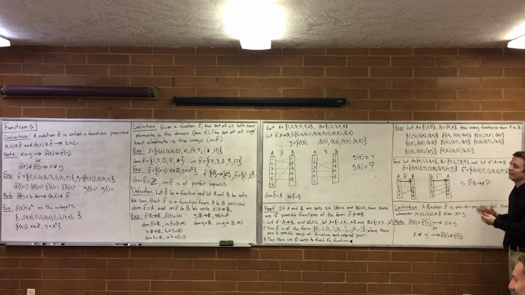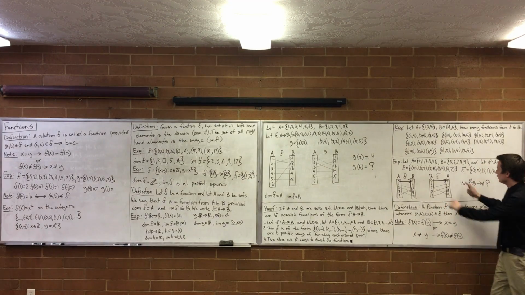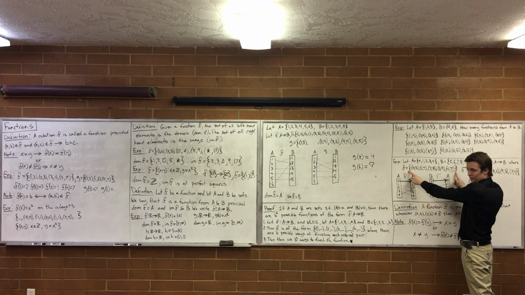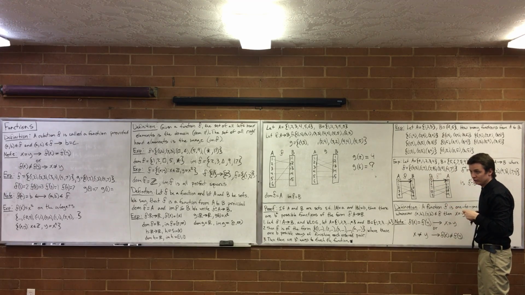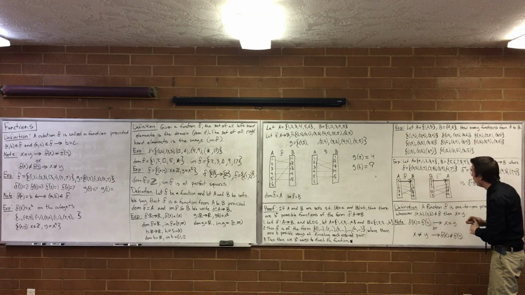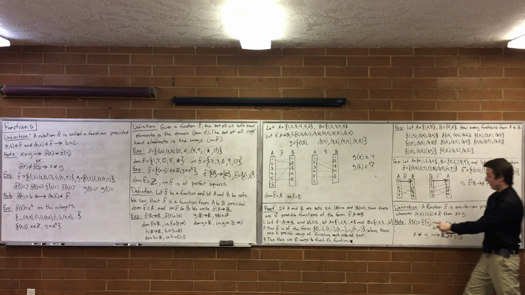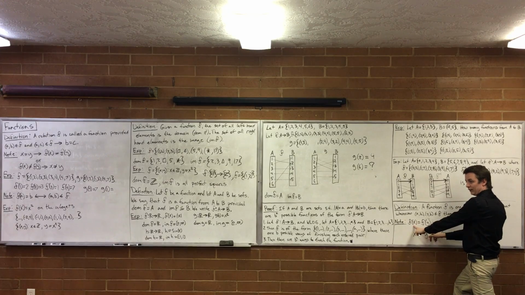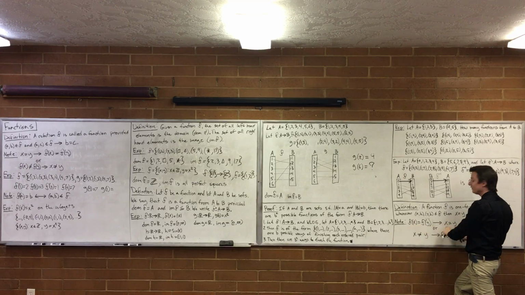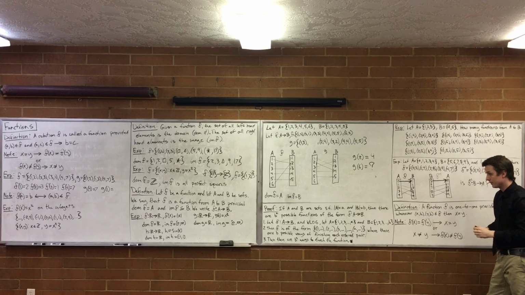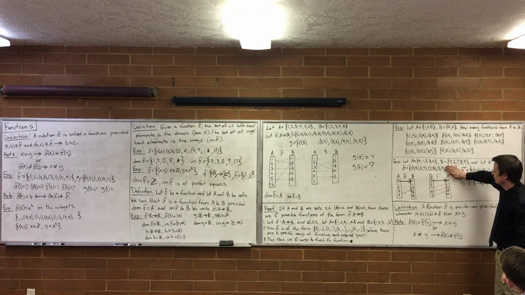Let's start with why certain functions aren't one-to-one. Maybe that'll help. So this function is not one-to-one. Because 1 goes to 7 and 4 goes to 7. That's why it's not one-to-one. So if we have two of the same right-hand values, 7, then the things that map to those right-hand values better be the same. Give me an example of a one-to-one function. If I get rid of 4, 7, this is now one-to-one.